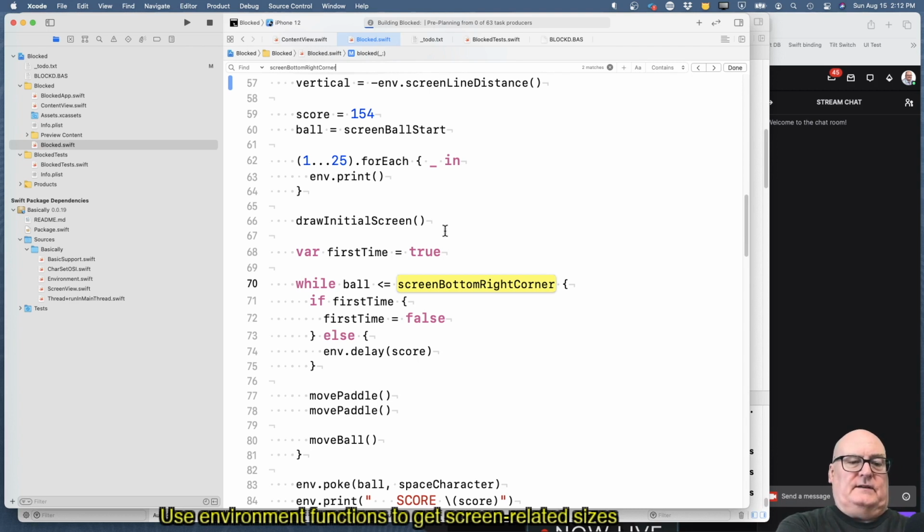Now, I think in a way this equal to the bottom right corner is sort of a can't happen thing, because the only way you would get there is you'd go down, you'd have to move over by 1 basically, because you always move by 1. So I think while the ball is less than or equal to that, it really is while the ball is less than screen bottom right corner. So I'm going to change this,